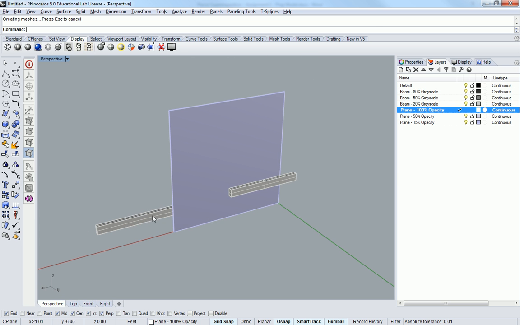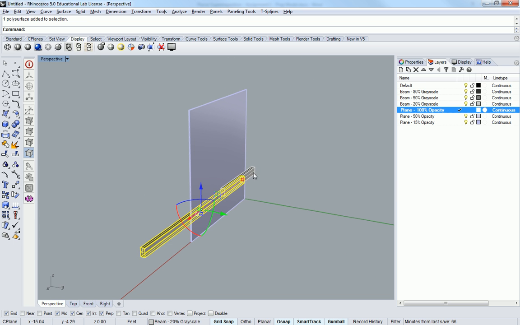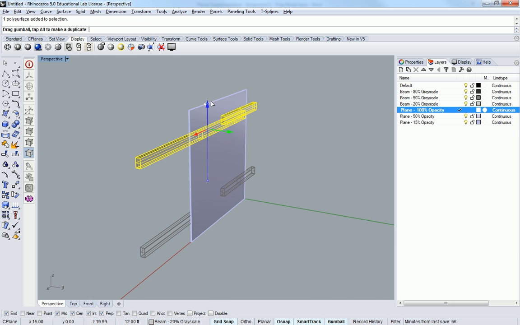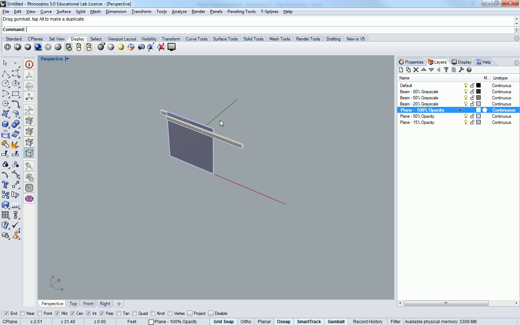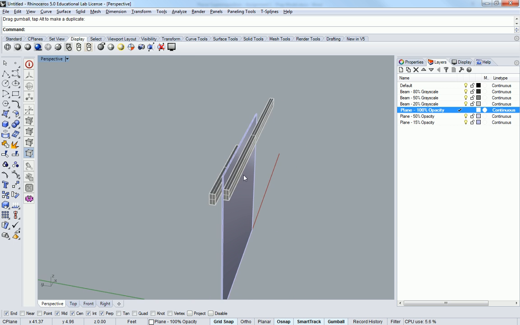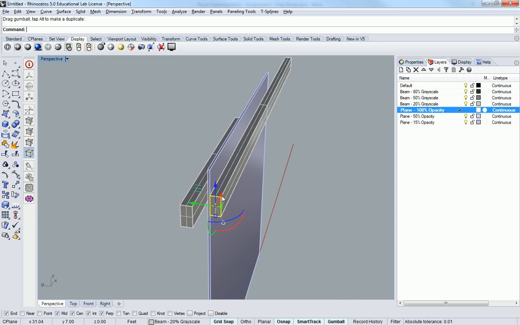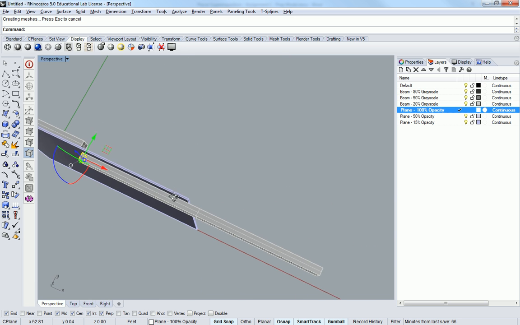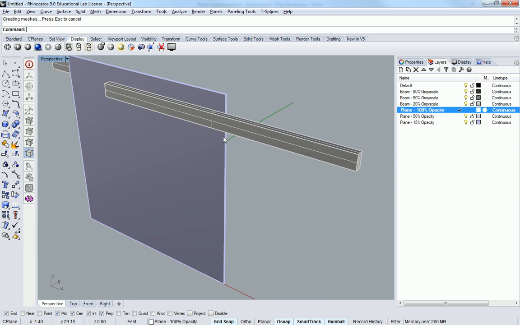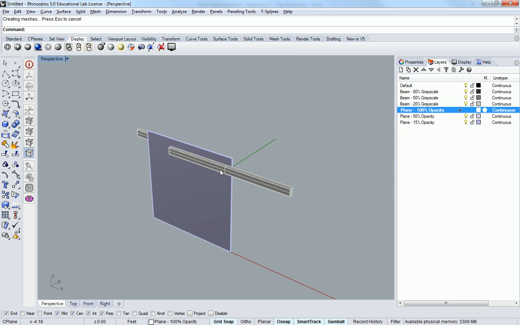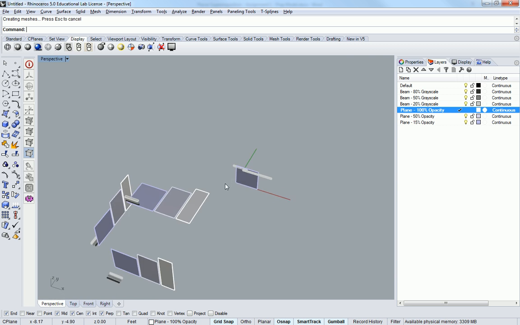Actually, let me make a copy of, let me just move this up to the top. So I haven't quite figured out any design system yet, but I'm going to move that up to the top to just show you how one system bleeds into the next. So if this beam's going to kind of slip off to the right and I need to get another one down there,